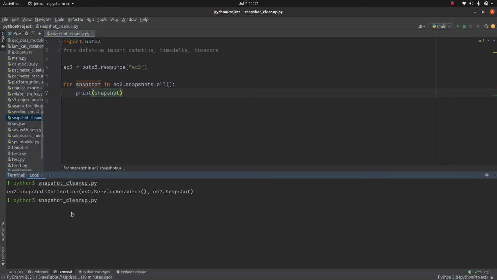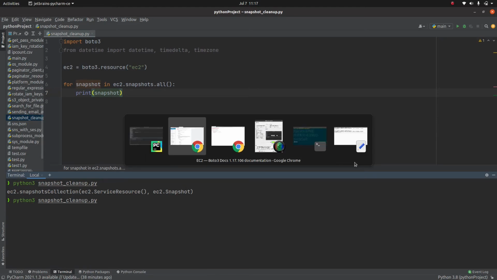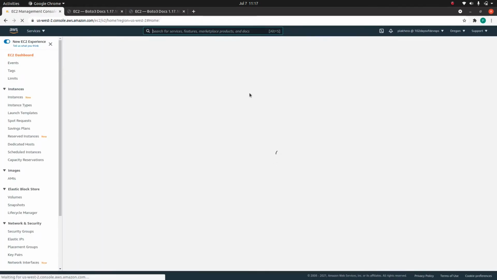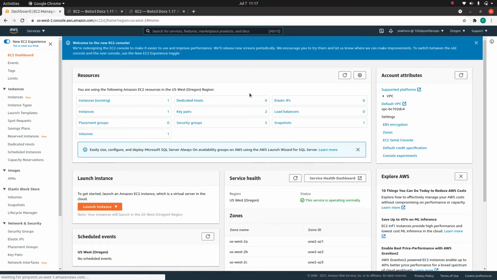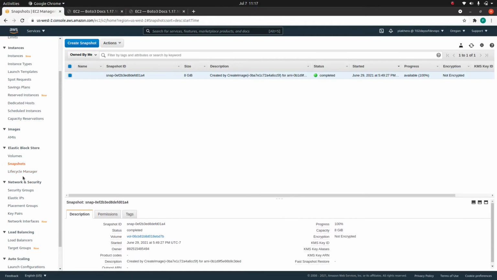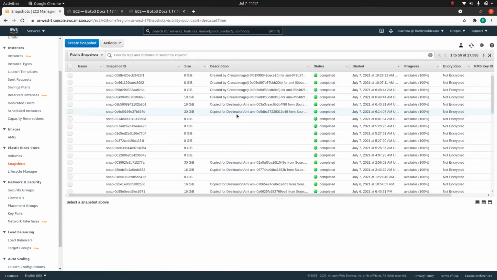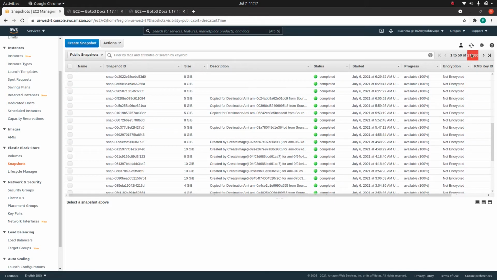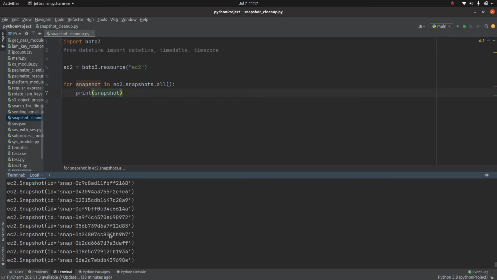If you execute this script, this will take a lot of time, and the reason for that is, if you go to the AWS console, go to EC2, it is the same logic that I explained during the AMI cleanup script. If you go to snapshots, you will see there is one snapshot which is owned by me, this one. Now if you click on public snapshots, there are a bunch of public snapshots, 27,580. What this script is trying to do is get the list of all those public snapshots.